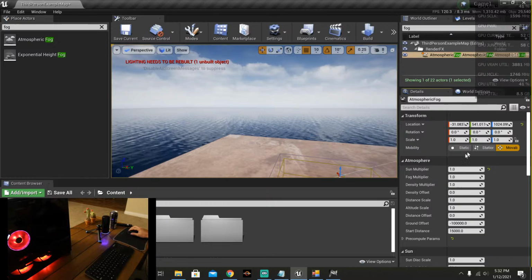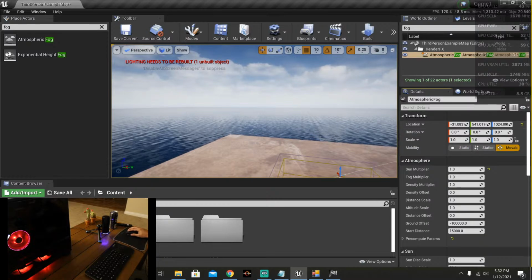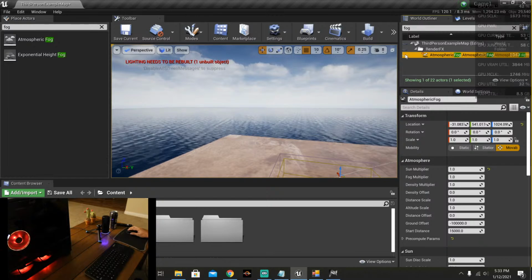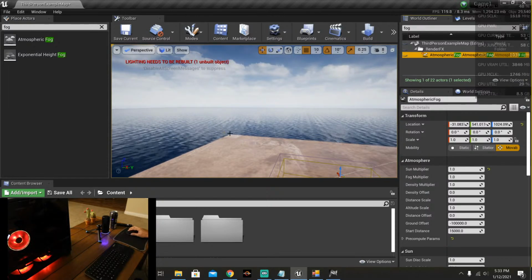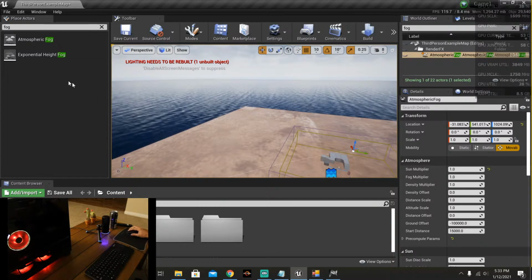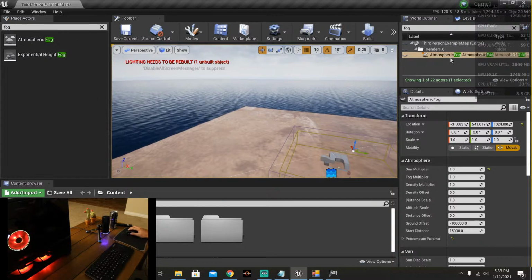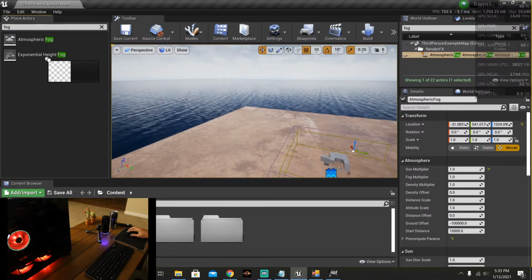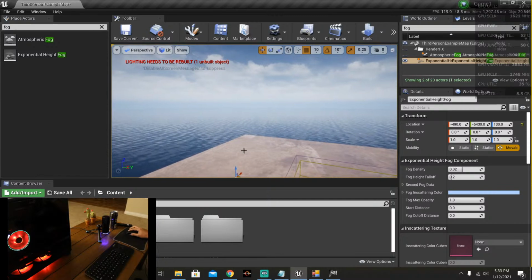Okay, now that atmospheric fog still exists, and I'll leave it in there, and I'll just uncheck it so that it's not visible. That way I'm not deleting it, and I can still leave it in there as part of my default. But I'm going to introduce this exponential height fog. Okay, now this one